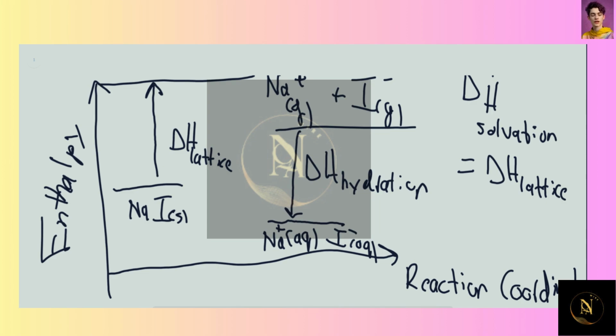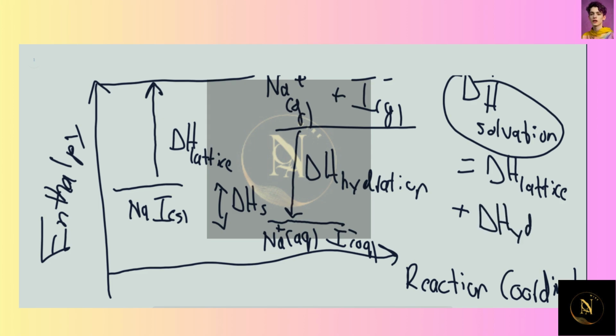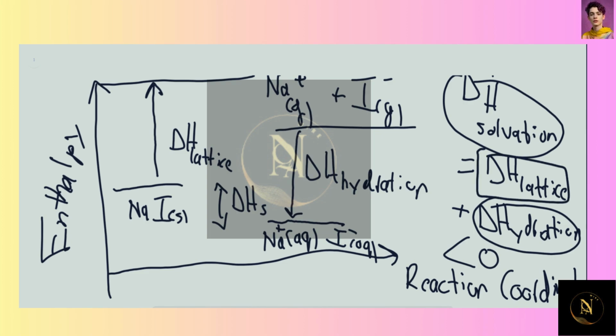And as you could see, my total delta H of solvation, let's call it delta H S, is negative. So here I have delta H lattice plus delta H hydration, and this is less than 0, which means that this is more negative than this is positive. In other words, the magnitude of delta H hydration is greater than the magnitude